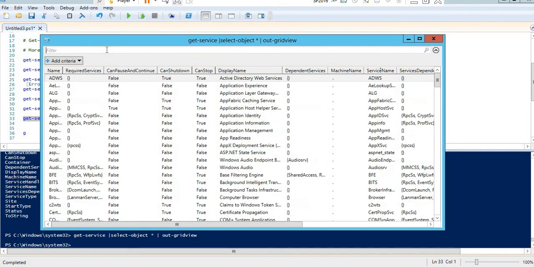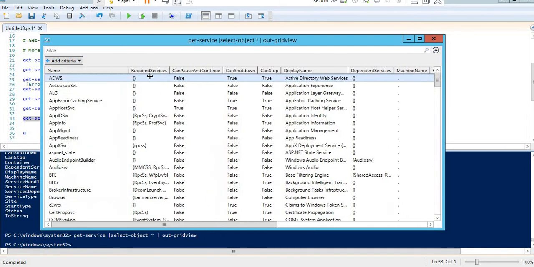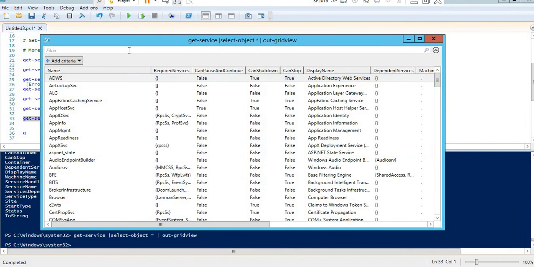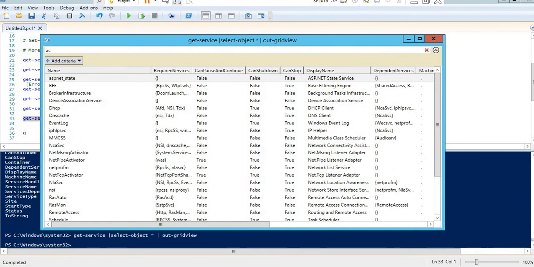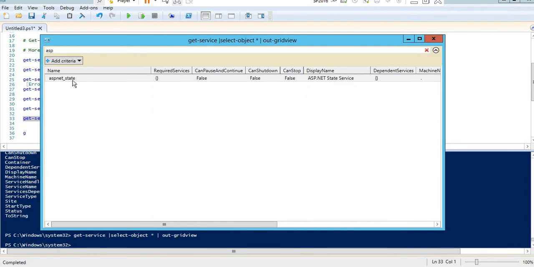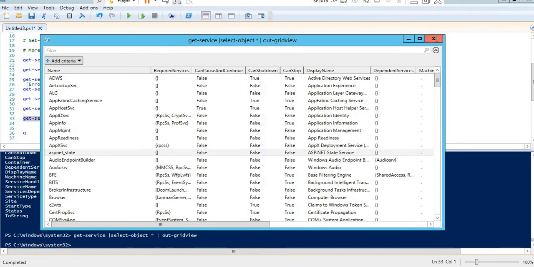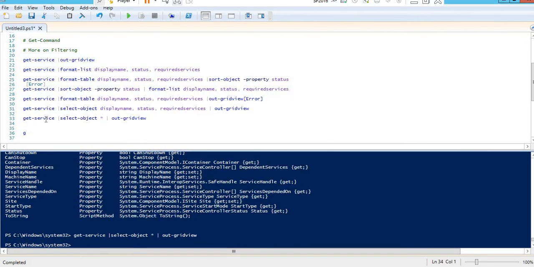Suppose you want to filter a particular name, like ASP.NET State, you write ASP, and you see ASP.NET filter. So this filter is also very useful. So you can pull any collection of objects, and then you can select, and then you can see them in the output grid.